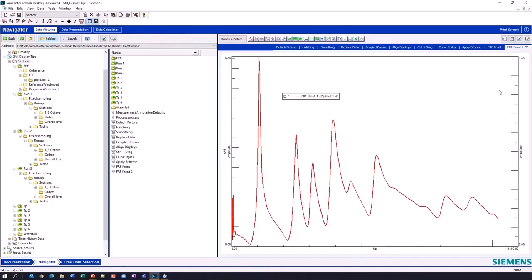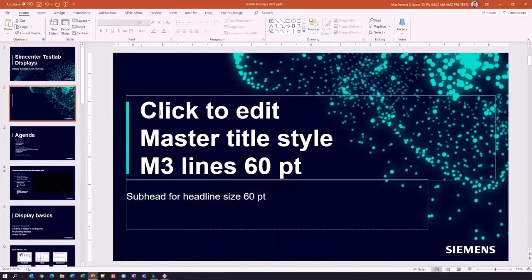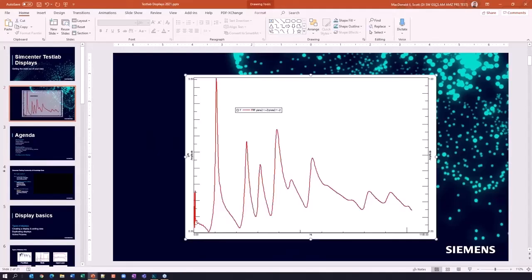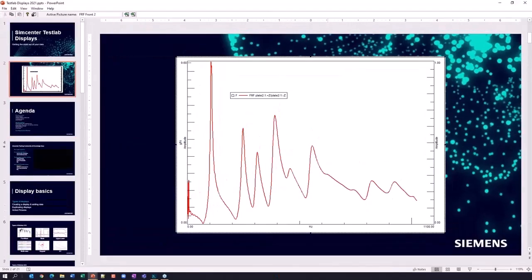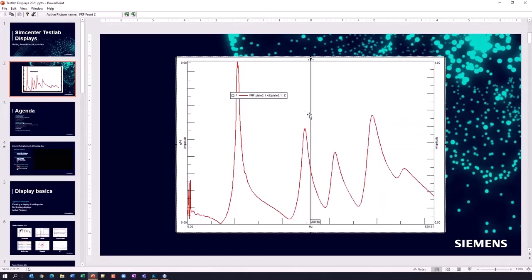So if I copy as active picture and then I go back to, let's say, my presentation here, and I'm going to create a new slide and I'll get all this other stuff out of the way. And now I'm going to paste this as an active picture. What an active picture allows me to do is, with a free plugin from our website, I can now double click on this active picture and I can do all the kinds of stuff that I would normally need TestLab to be able to do. I'm able to do this right inside PowerPoint, and I don't need a license of TestLab.